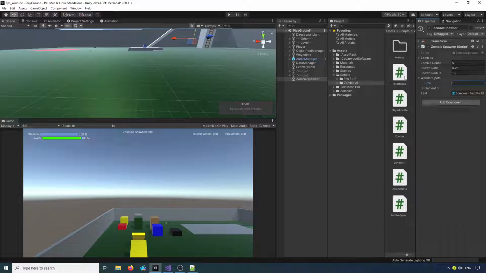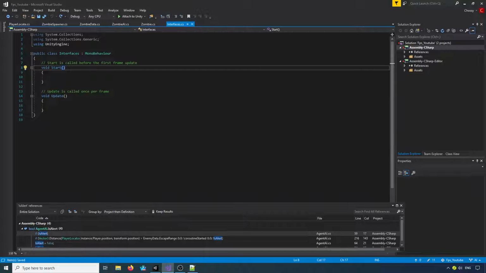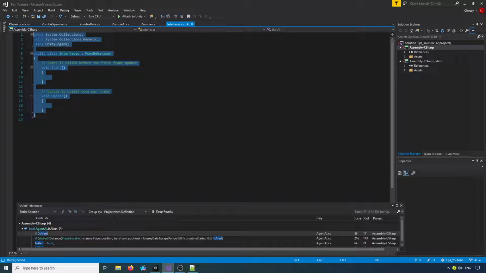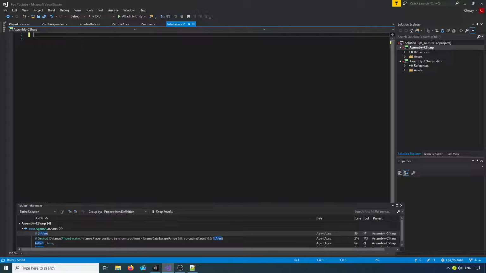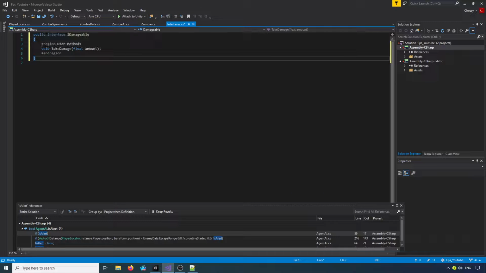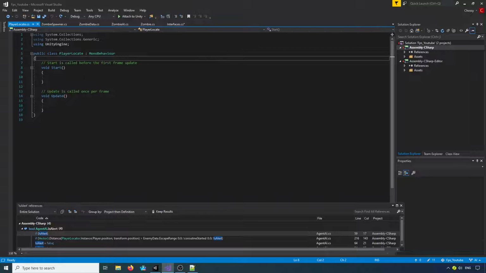So, interfaces then. This is the easiest script. We can literally chuck everything from here, so we can delete that all. And we just want to declare a public interface called IDamageable with a capital I. And it's just going to take one method, void TakeDamage, and a float amount. If you prefer using integers, you can use integers. That's not a problem. Our PlayerLocator script,